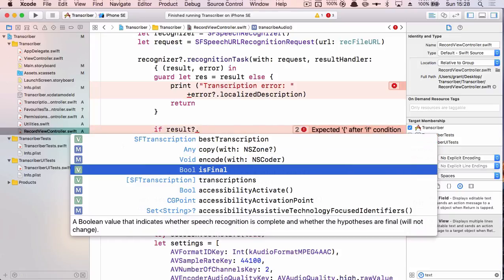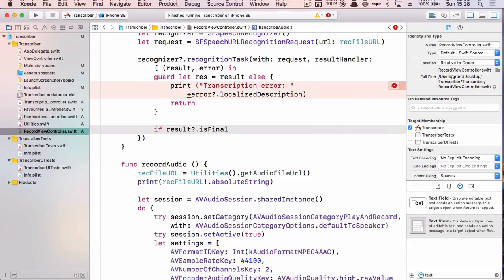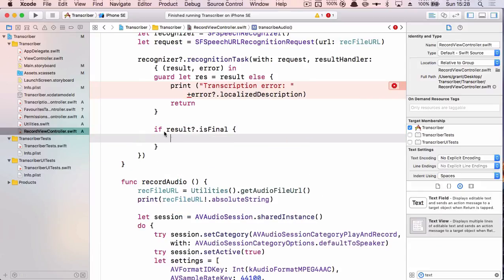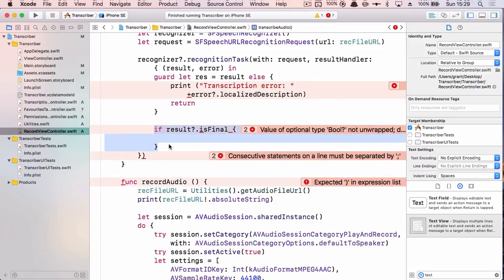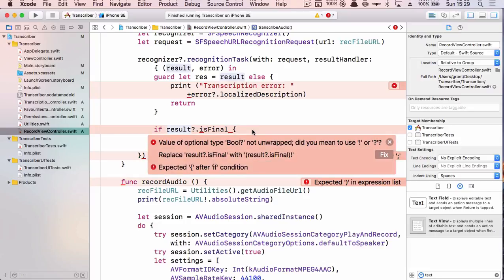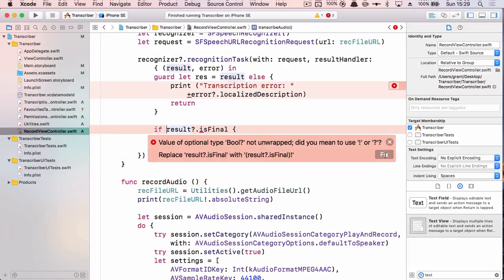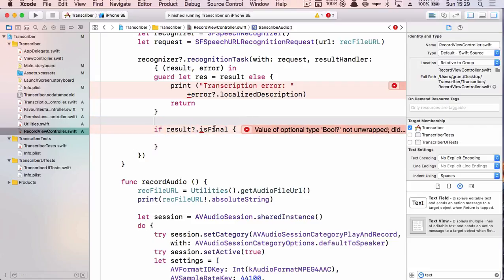And you'll notice we have isFinal, right? So we want to wait really until we have the final transcription. We can get the transcription results as we go. So that will just, whoops, we need some other things here. Okay, that's asking us to unwrap it. Let's just change that. If let